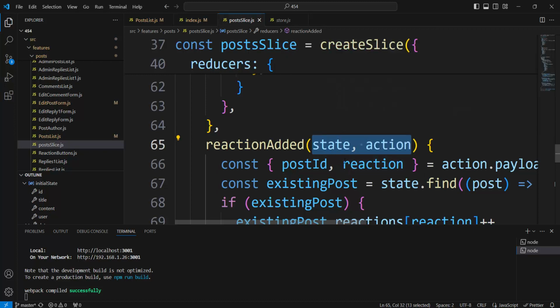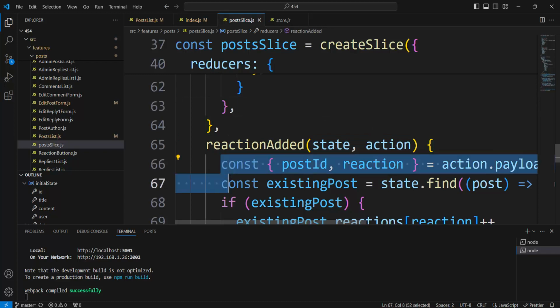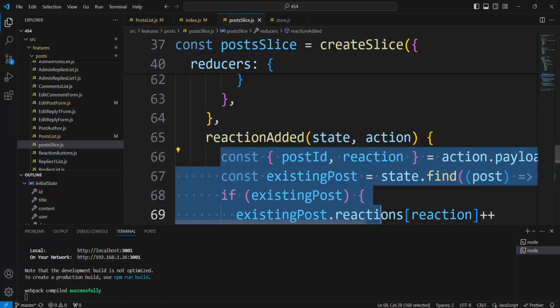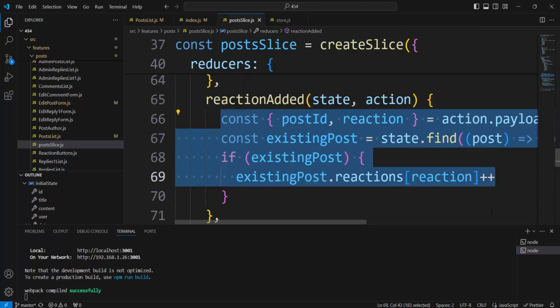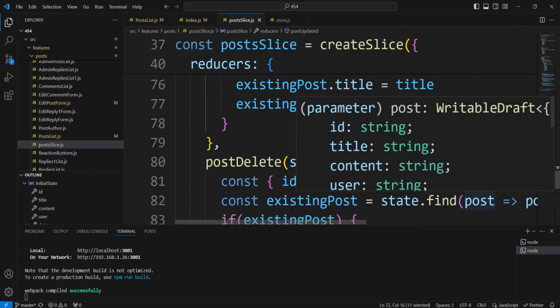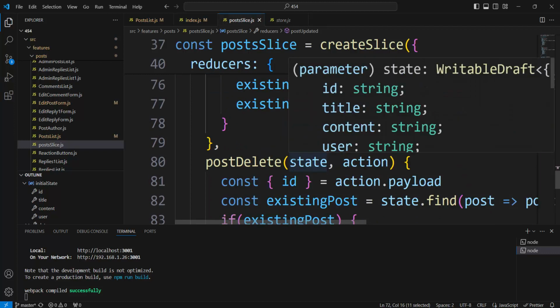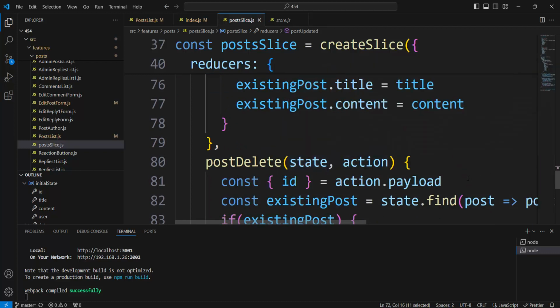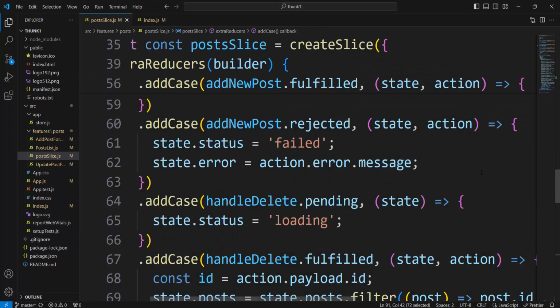Reducer. Here is the input, state and action, and in curly brackets we have what would be the new actual state. Also the post update function. It is a reducer. Post delete function, final function. But here,